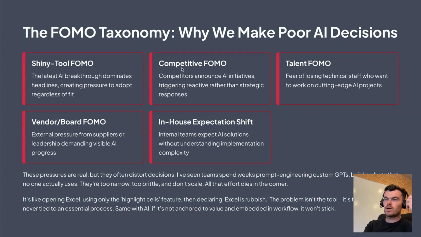So why do we think that there are poor decisions being made from people in the governing seat of how AI is going to be adopted in different companies? And I think it comes down to sort of 5 different types of fear. And I think you can see here we've got shiny tools, competition, talent, the board giving very strong opinions, and the general shift of how AI is going to be impacting the world in your industry. All these fears, all these uncertainties lead to short-term decision making to take the pressure off of your back. And it's totally reasonable, right? That's how a lot of us make decisions. Understanding the scope of things allows us to kind of accept them and then move through.